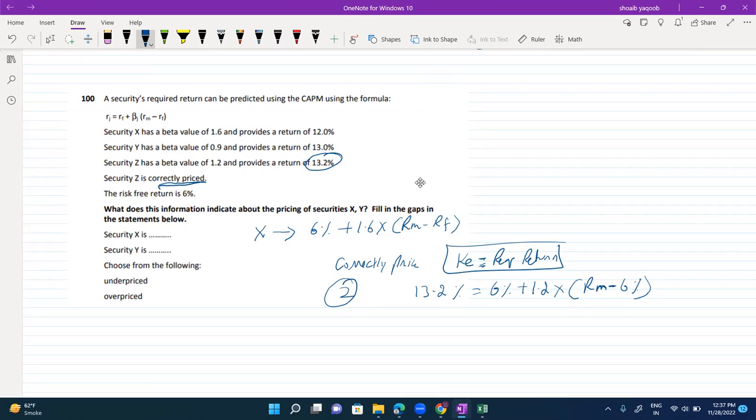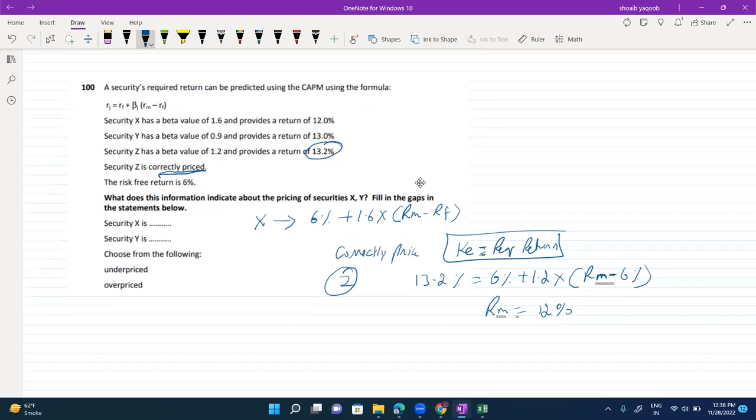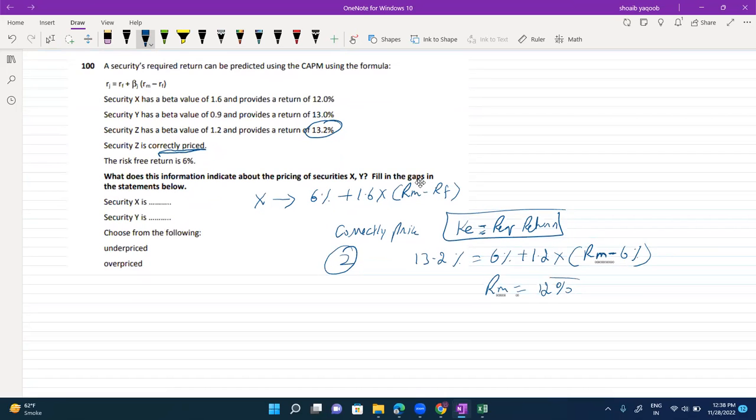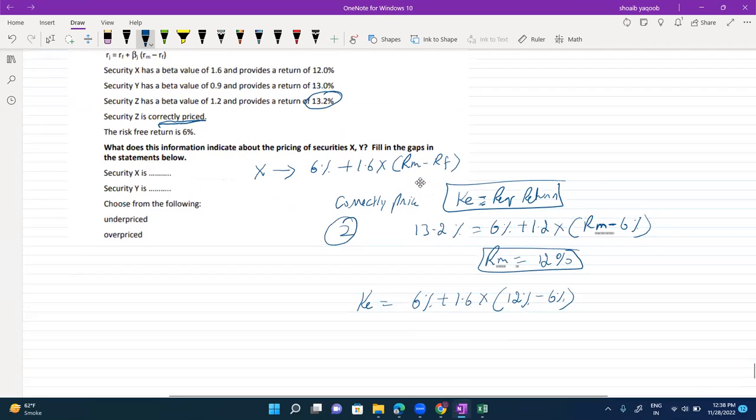12% आता है आरएम। तो आरएम अगर 12% है तो सिक्योरिटी एक्स की कॉस्ट ऑफ इक्विटी कैलकुलेट कर लो। कितनी आती है सिक्योरिटी एक्स की कॉस्ट ऑफ इक्विटी? प्लीज कैलकुलेट करें। 15.6%।